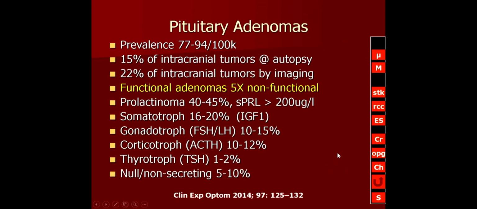So a couple of really basic things. Pituitary adenomas are very common. The prevalence is estimated to be almost 100 per 100,000 people. They're about 15% of tumors at autopsy, about a fifth of the tumors that are diagnosed by imaging because they're very, very common. Functional adenomas are much more frequent than non-functioning adenomas in terms of measuring symptoms for the patient,